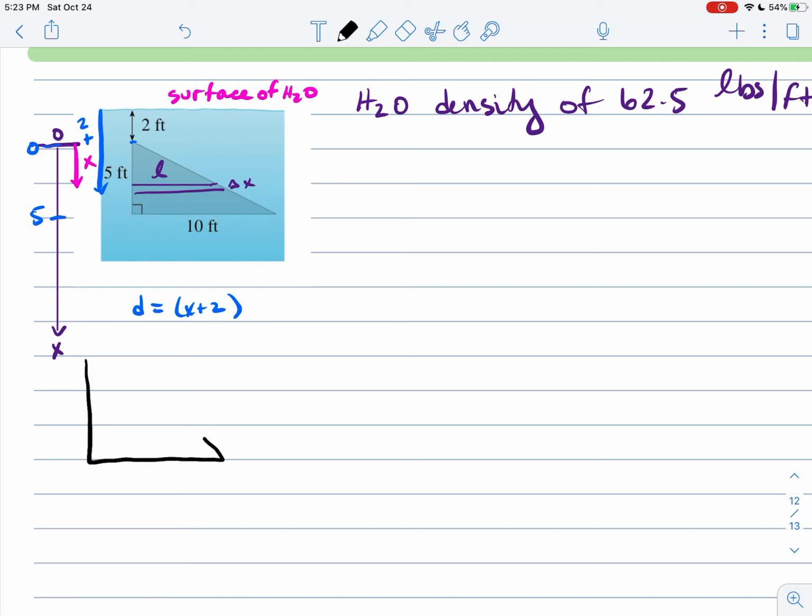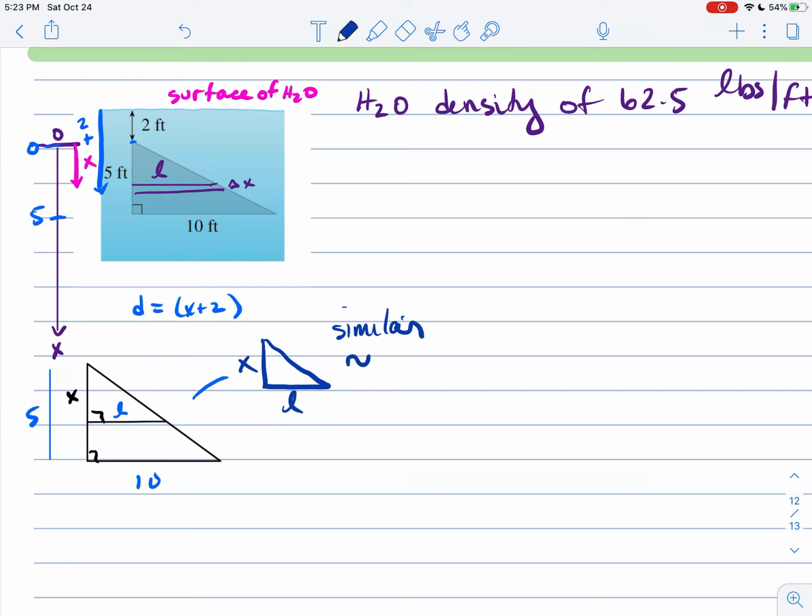How do I find that L? I'm going to go to some similar triangles here, and we know from plane geometry that if I've got parallel lines, which I do, and this is x, and this whole distance here is 5, and this distance here is 10, and this is L here, I have 2 separate triangles. One triangle is a little triangle, and that little triangle has x and L, and I know it's going to be similar to the bigger triangle,